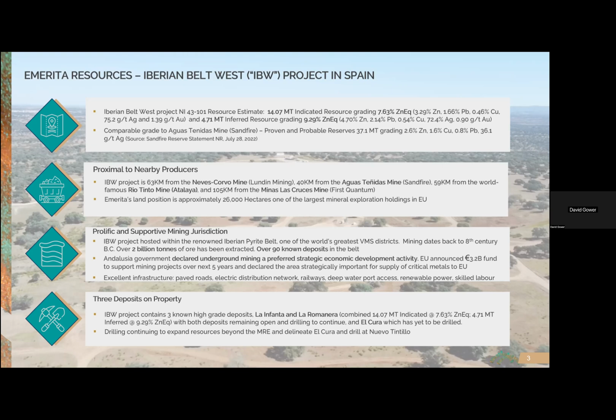They're achieving much higher recoveries because their flow sheets are designed to optimize. Whereas in this area, you look at Sandfire or the Lundin's operations or Rio Tinto, they've never been optimized for the gold because it's one-fifth to one-sixth the grade that's being achieved here. Yeah, in those operations, typically whatever precious metals they get into their copper concentrate or their lead concentrate, they will get some pay through the smelters. In a situation like this, where we've got areas that are running 3 to 5, even higher grams gold, over in some cases 7 to 10 meters,